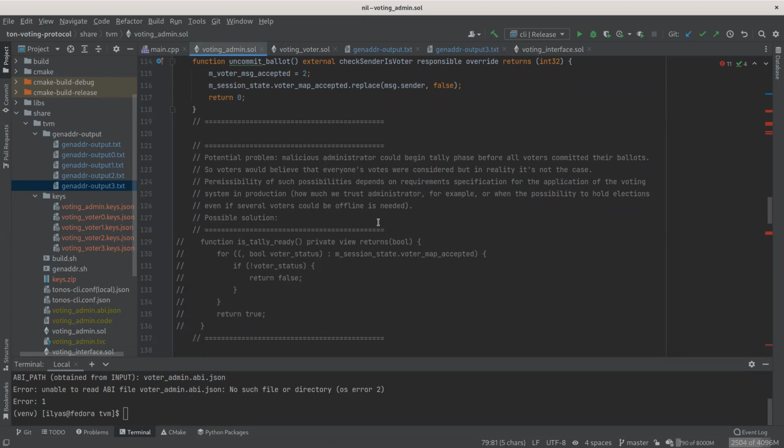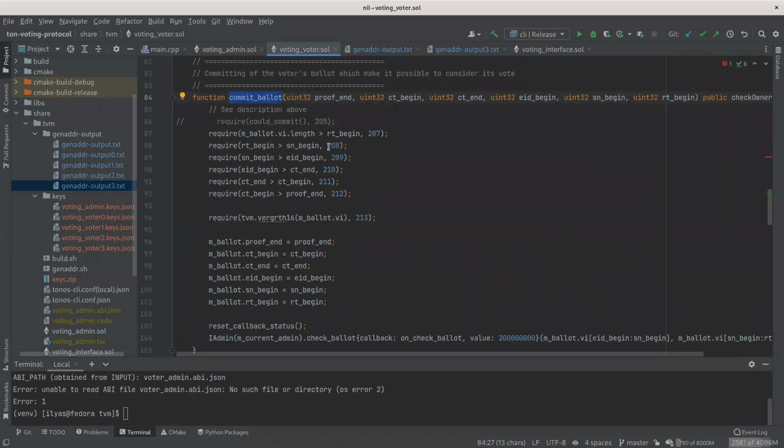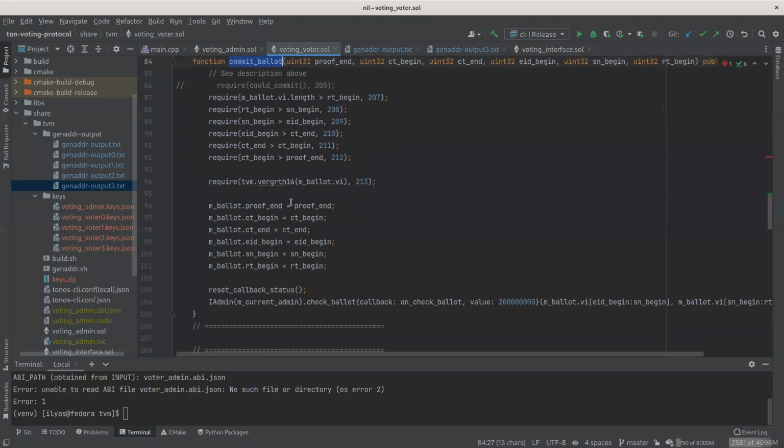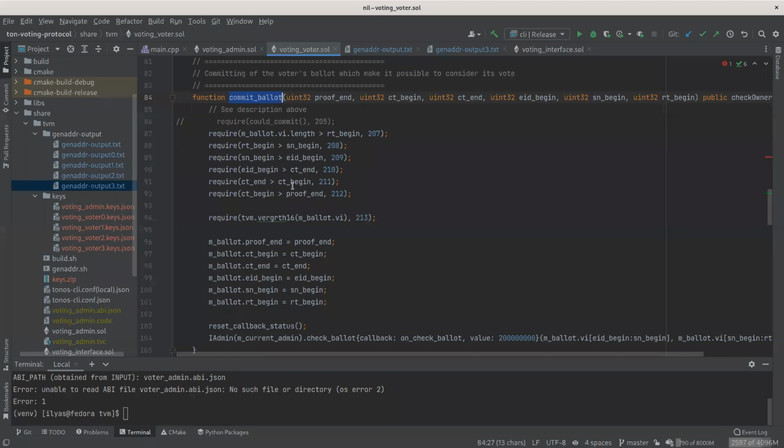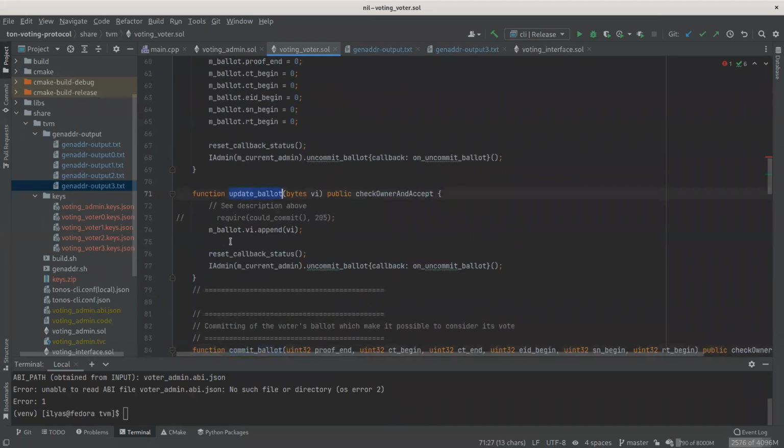Can you repeat, please? The question is how committing happens. And is it used by some smart contract to change something, to change some homomorphic sum, an encrypted sum of... No, smart contracts from the cryptography logic only check the ballot of voters when they upload them using the update ballot